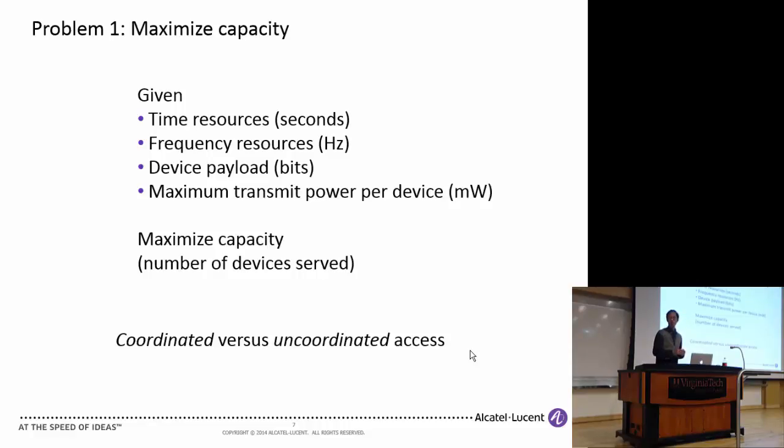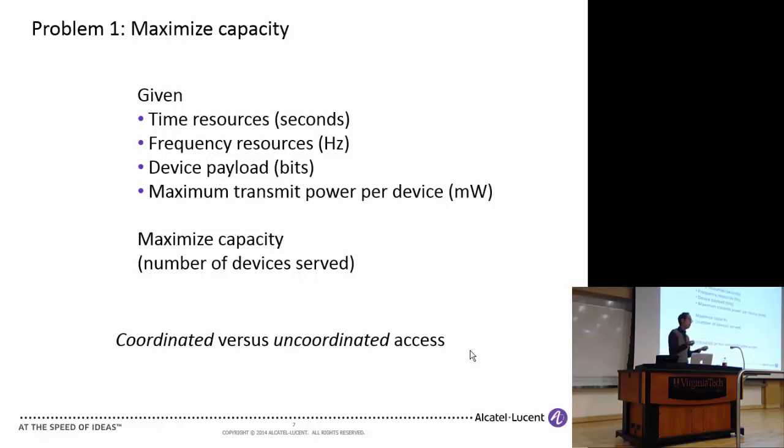It's the capacity maximization problem. So again, we're given a set of resources in time and frequency. Let's say it's 1 second in time, and then say 1 megahertz of bandwidth. And the 1 second time resource, you can think of that as your latency requirement. So you can think of a bunch of devices coming, wanting to transmit their data on the uplink. They have some payload that they want to send. They arrive at the beginning of this 1 second frame, and there's 1 megahertz of bandwidth. We want to serve as many of these devices as possible within this 1 second, and that's the latency requirement,